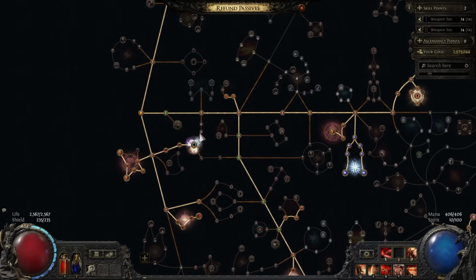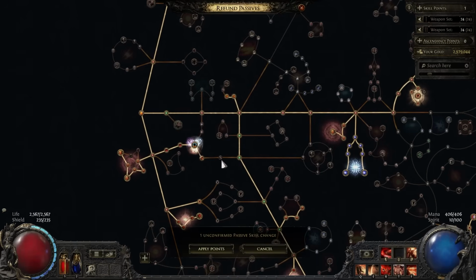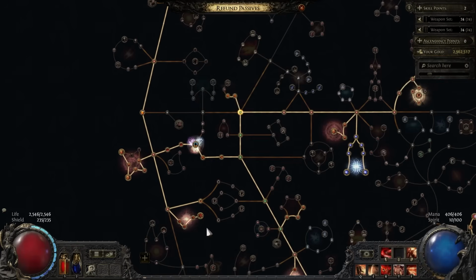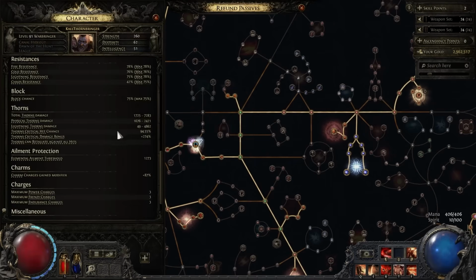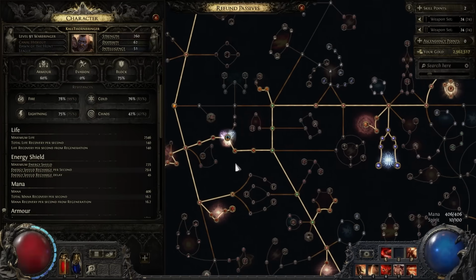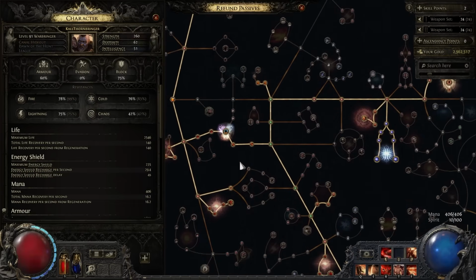Actually, I probably want this in cold res for now. But you can do something like this. It'll get you +2 to lightning res and then +2 to fire max res. So I'm not fully at my lightning res cap right now, but if I had 3 more points, this would be at 78, right? So this is probably a smarter path here, is it gets you just a little